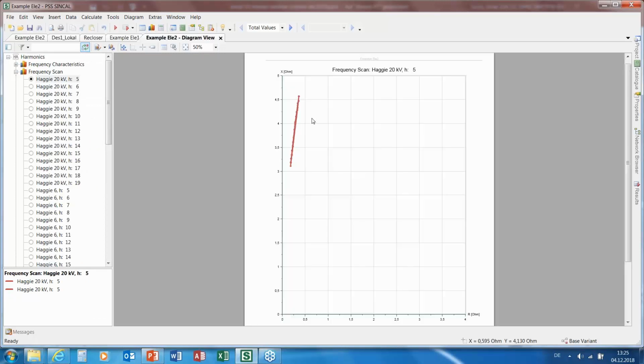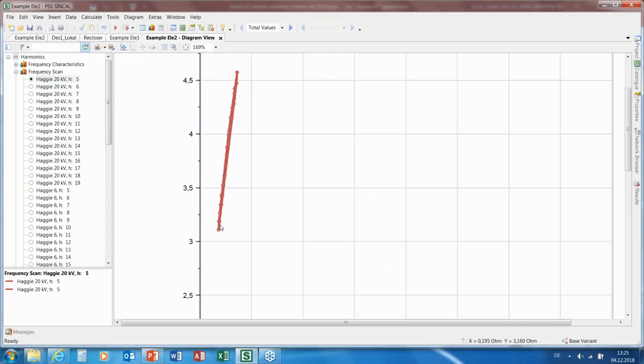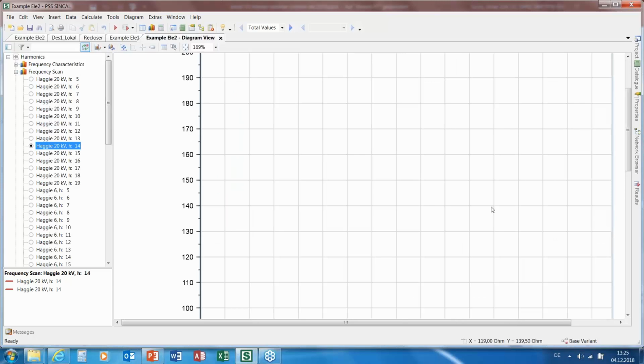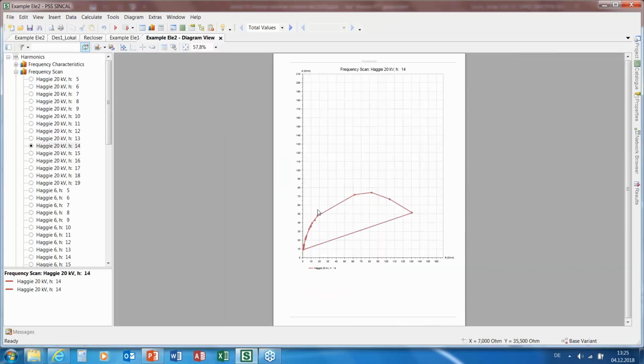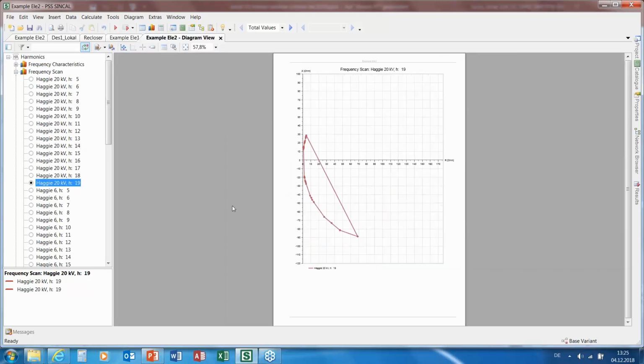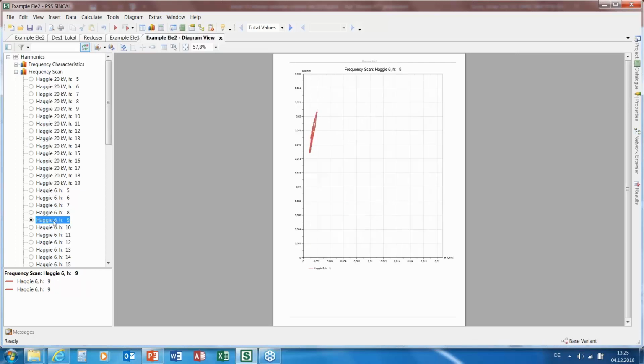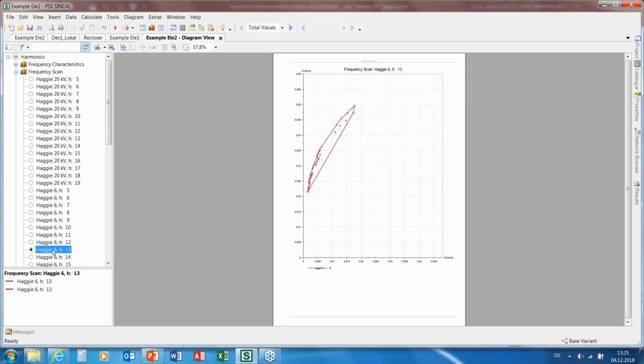So when I zoom in a little bit, you see now different network states, and then the envelope curve, which defines the complete area where the impedance can be in for this specific node and this frequency. For instance, for the 14th, you see where it is, somewhere here. For the 19th, maybe somewhere here. And the same for other nodes, of course. You see. I also can combine these